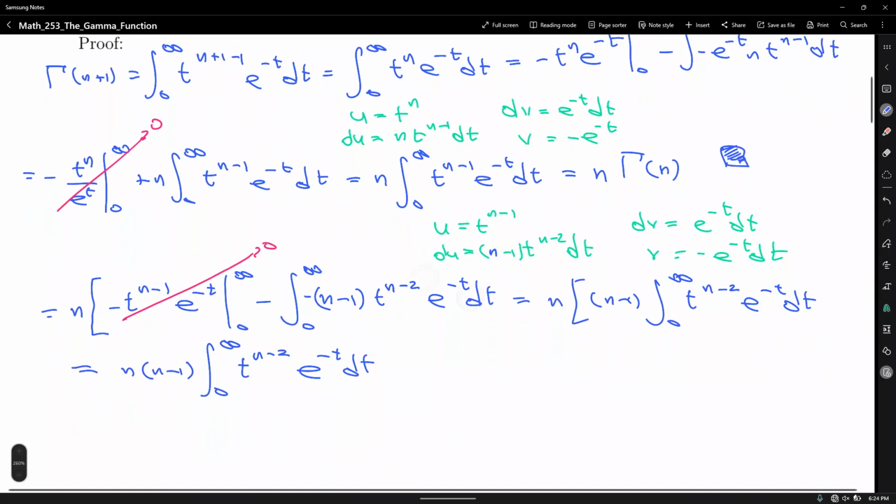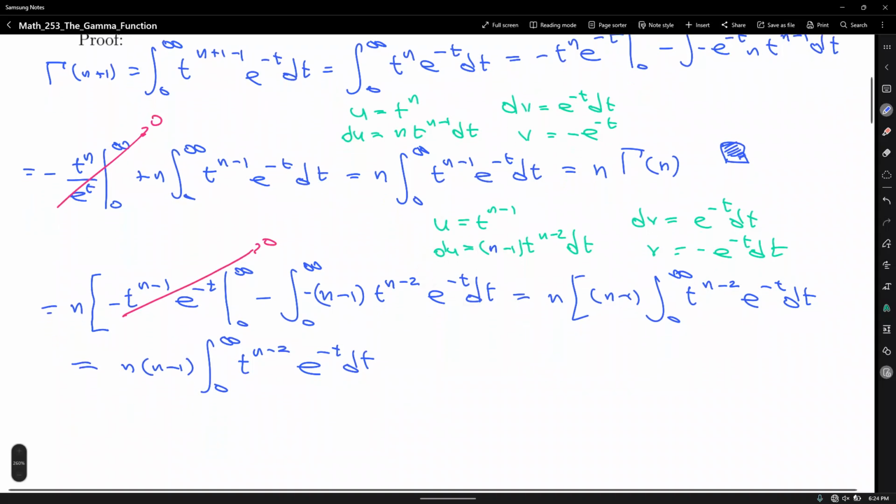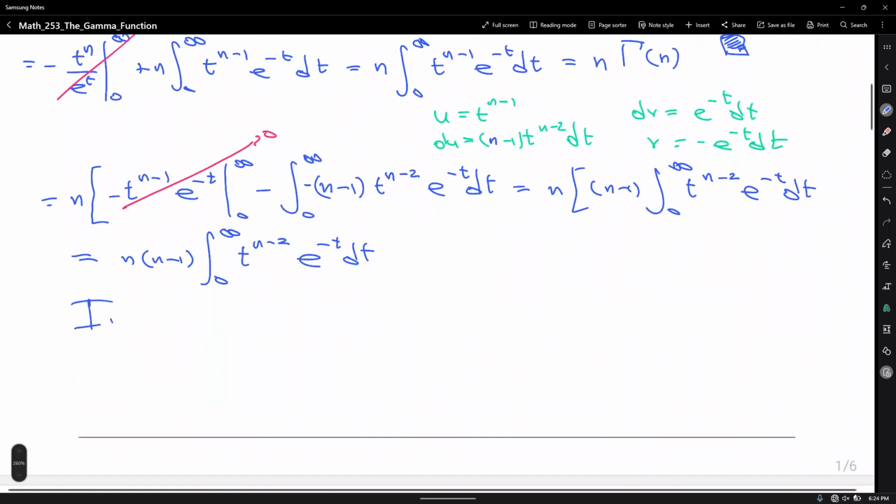Do you guys see the pattern? Do you see the n minus 1? Do you agree that if I do a third integration by parts, I'm going to get the n minus 2, a fourth integration by parts, n minus 3, and so on and so forth? This is good enough. So inductively,